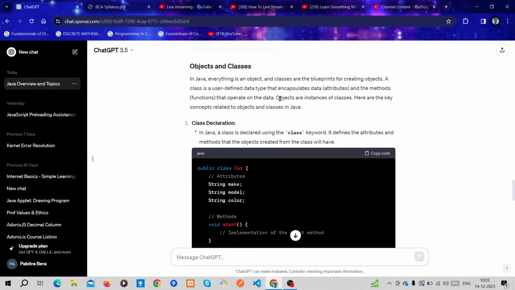Data means attributes, like variables, and methods mean functions, which we declare in the class. A class encapsulates those two things in a single unit. This is called a class, which operates on data. If you provide data, the class will operate.